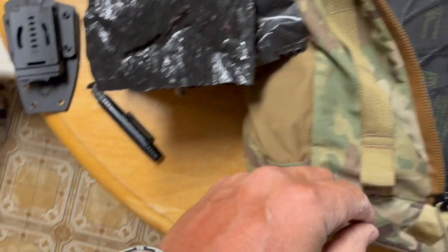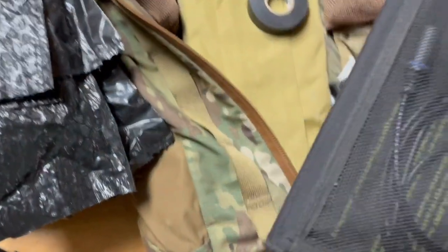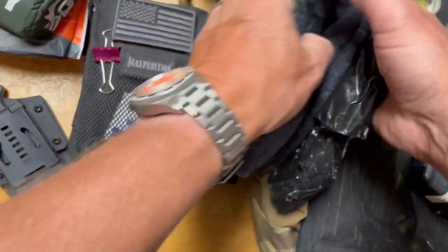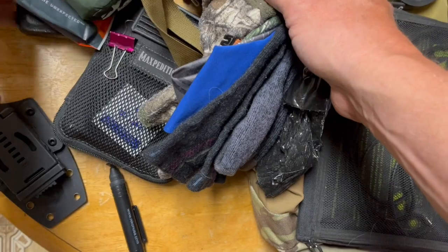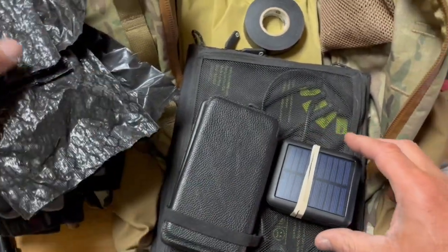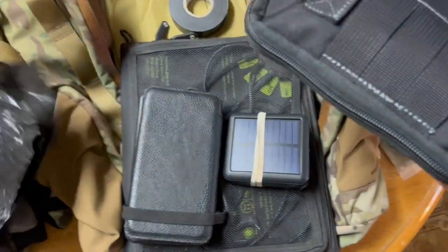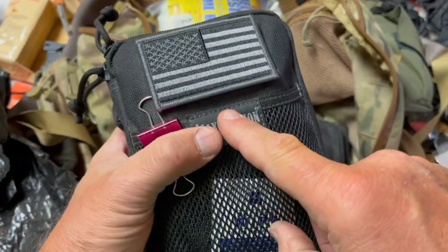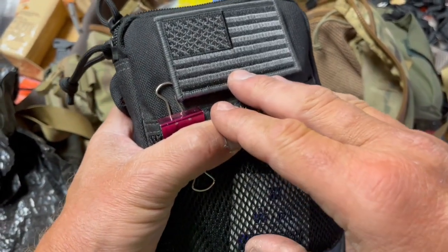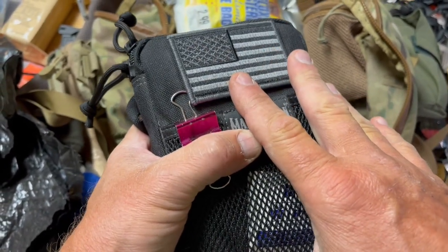Now, battery power is one thing that I brought out here. I'm going to show you some battery power options, okay? So inside this Tier 2 kit is a battery source. Now the battery source that's in here is an older version that I've had for over 10 years. And I love it. It's a Goal Zero